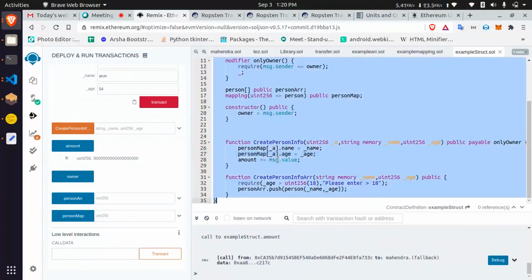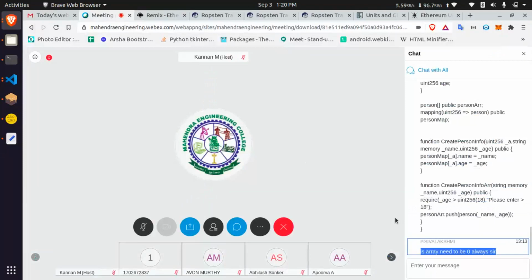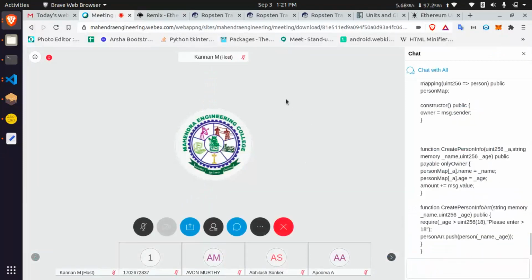Let's share this code also. Message send value, and then what else?